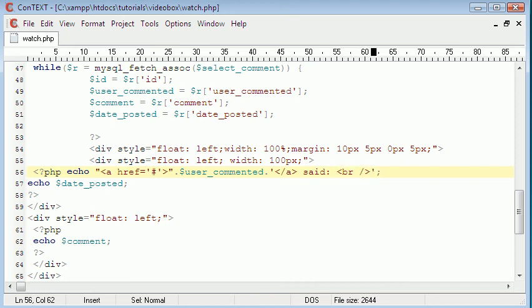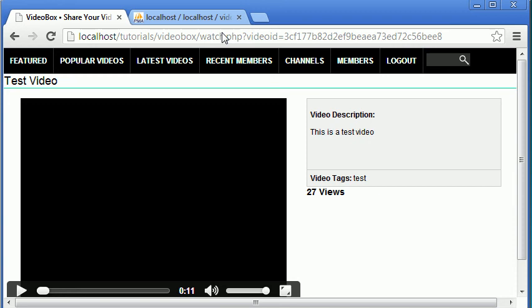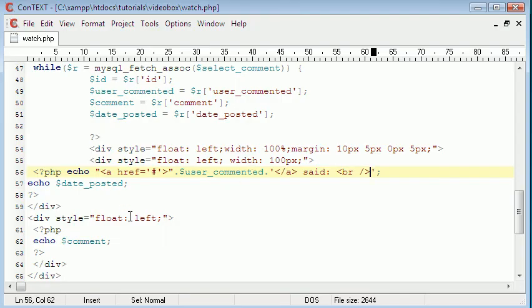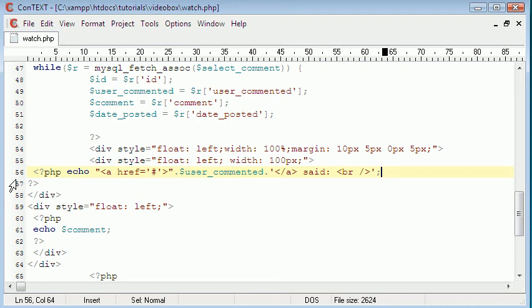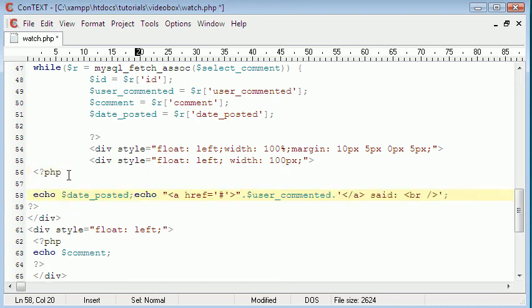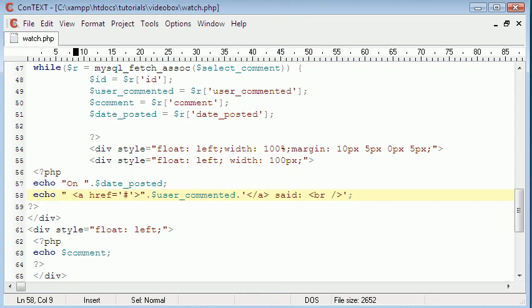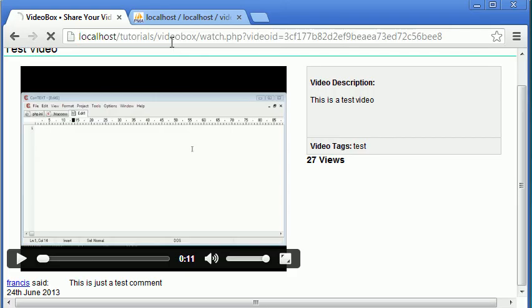So there's our link. What we want to do after that is we just want to say said and then put a break tag in. And we also could put the date posted above that actually. Like that, and then just append here. We just set on the date posted, and then put another space here. So on the date posted, this person said,